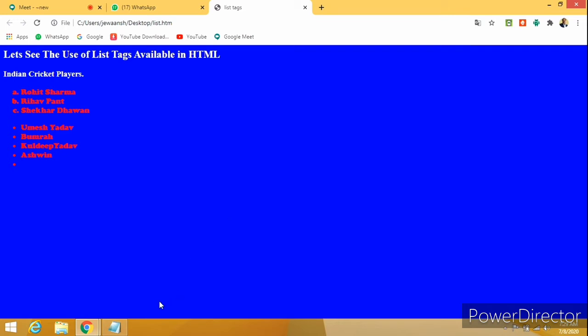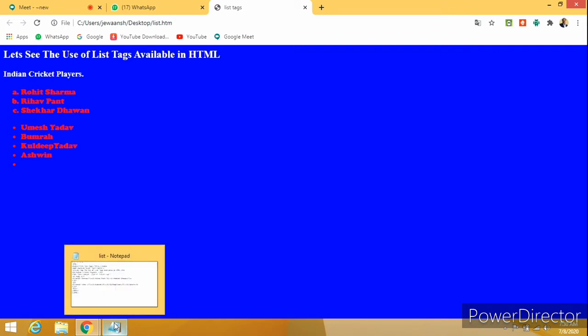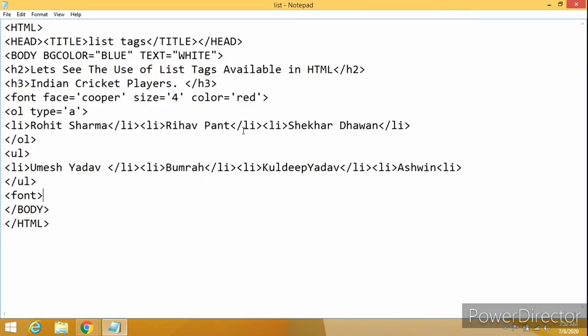Now here I want to have the batsman word over here, and before Umesh Yadav I want to have the bowler's name. So again I want to get it in terms of a list.